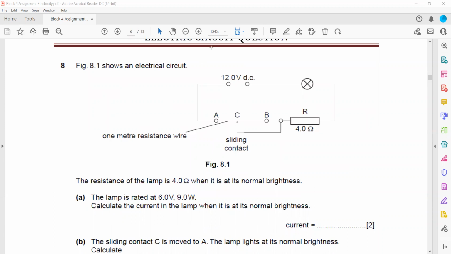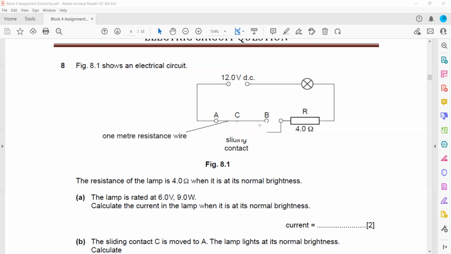So when this sliding contact was at position A, sliding contact means it's a movable part. When the sliding contact is at position A, the charges move from A to the resistor and then to the lamp. So this part was not having any resistance, it is not contributing. If it is a 12 volt supply, 6 volt is here and the remaining 6 volt was across the lamp. But when we move the sliding contact to position B,